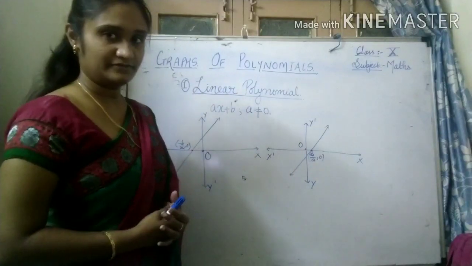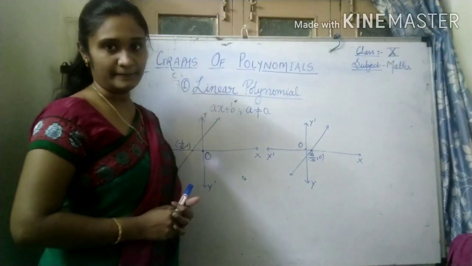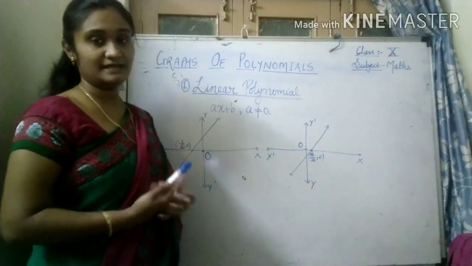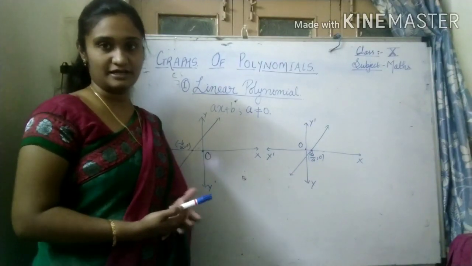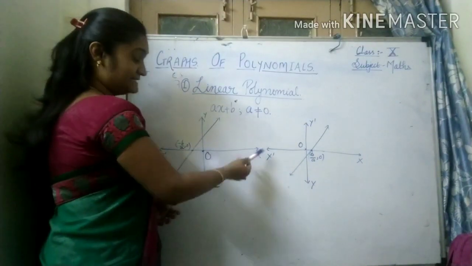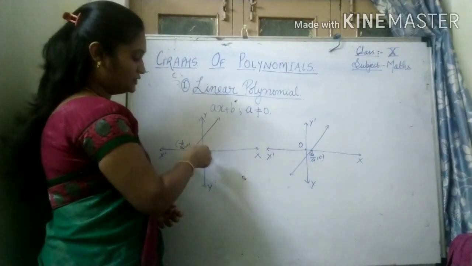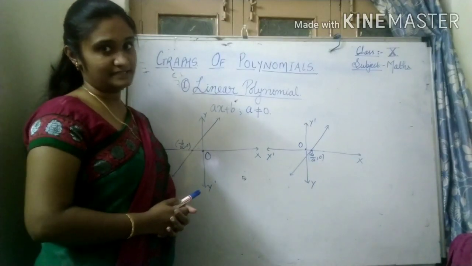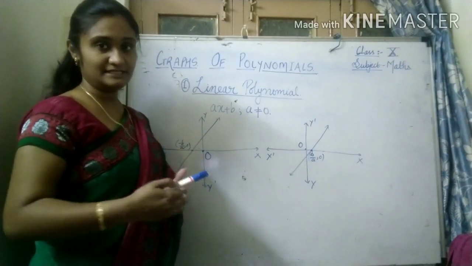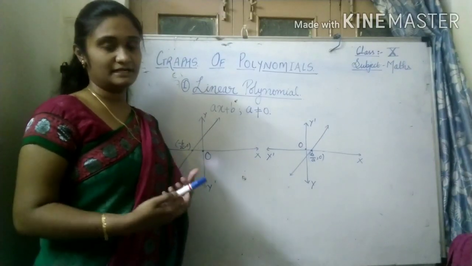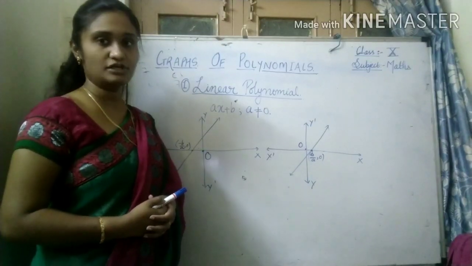So the next topic which we are going to start is graphs of polynomials. As you all know, any polynomial which you take can be easily plotted on a graph. Graph means x-axis or the horizontal line, y-axis, vertical line, and where the two axes meet, it is known as the origin. Right? So let us quickly see the various types of polynomials, how the graphs of such polynomials are drawn or how the graphs of such polynomials are obtained.